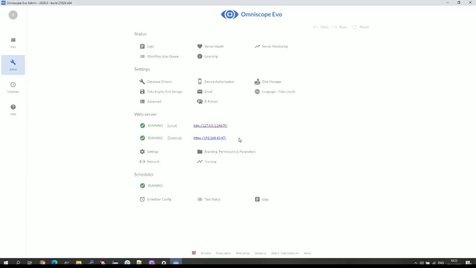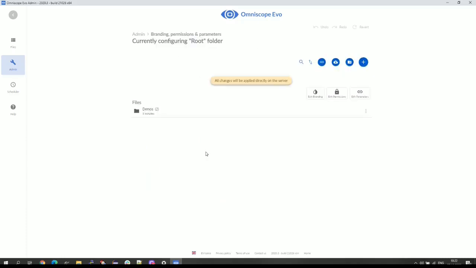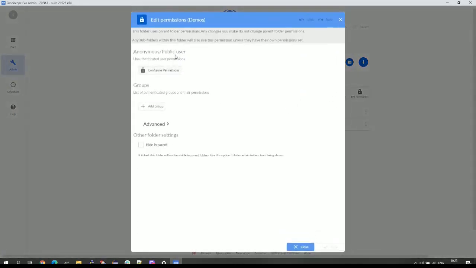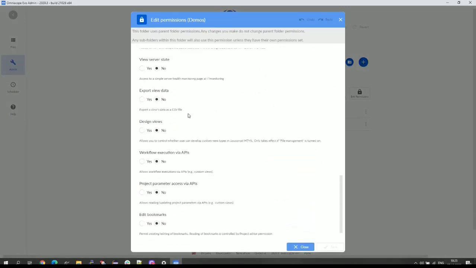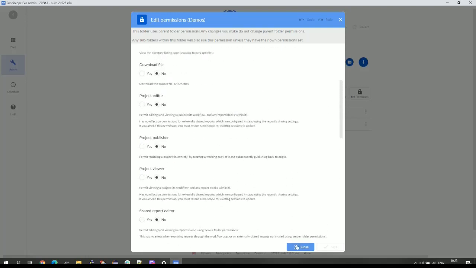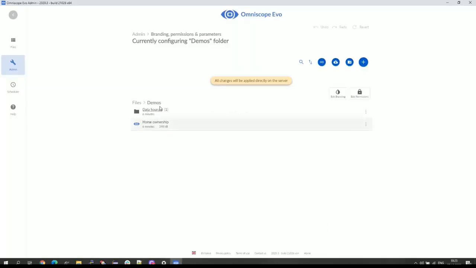After this networking, what I'll do is configure users. Configuring users works in a way that for each folder, you can create custom permission groups. Per folder, you can edit permissions. For instance, I could go here and click on Edit Permissions. You have anonymous public users, deciding when a person is not authenticated, what kind of permission they have. You can decide the individual permission for anonymous users, or you can say,